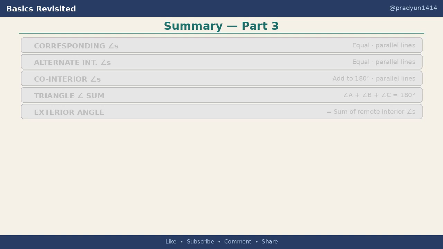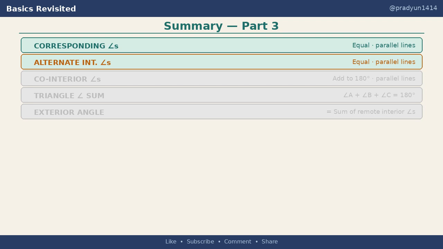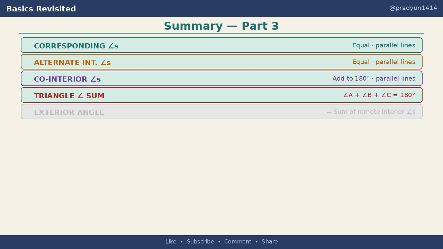Summary Part 3. Corresponding angles are equal in parallel lines. Alternate interior angles are equal. Co-interior angles add to 180. Triangle angles add to 180. An exterior angle equals